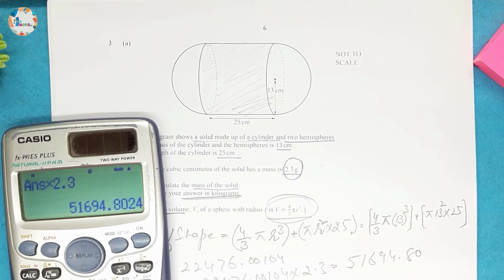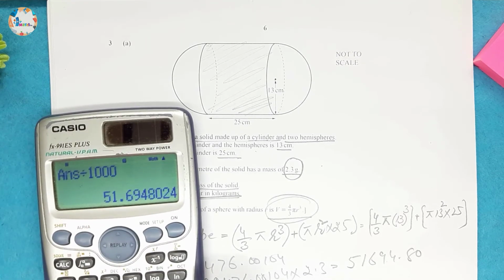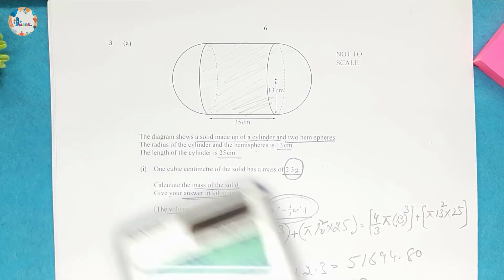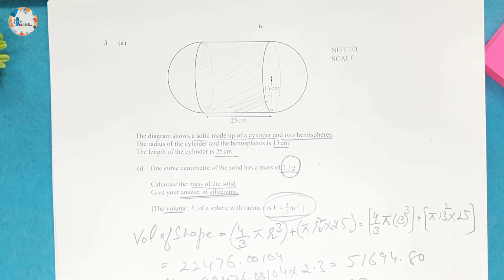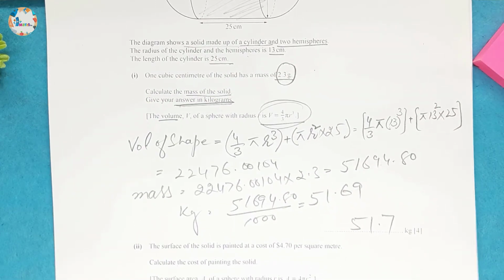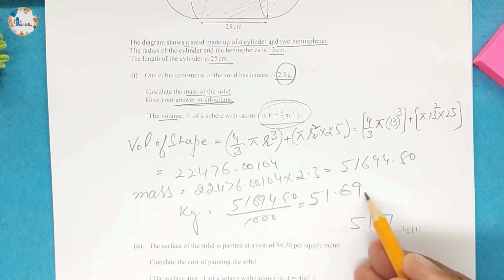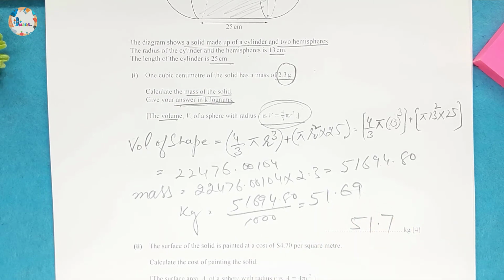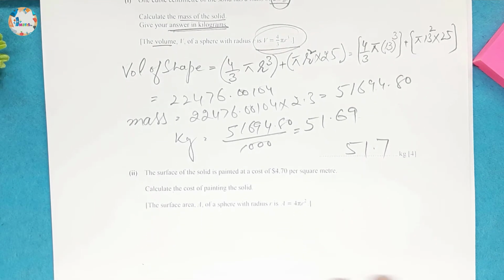So answer in kilograms is required, so we'll divide this. Kilograms will be equal to 51694.80 divided by 1000, which will be equal to 51.69, or we can write 51.7. I will move the page so that you can see properly over here. So we have divided by 1000, 51.69, which is rounded to 3 significant figures,